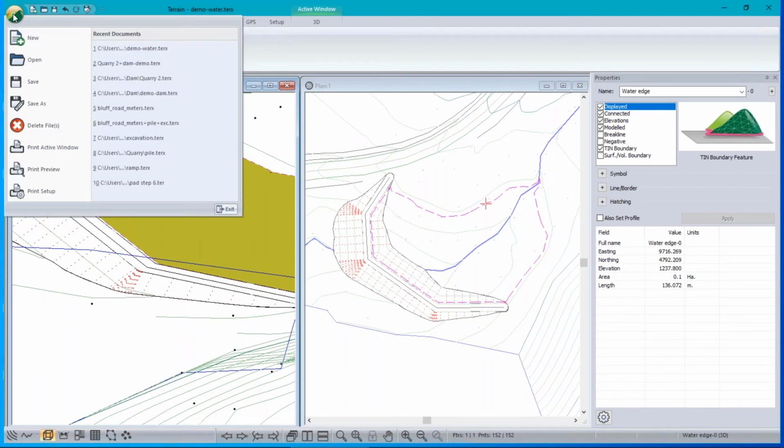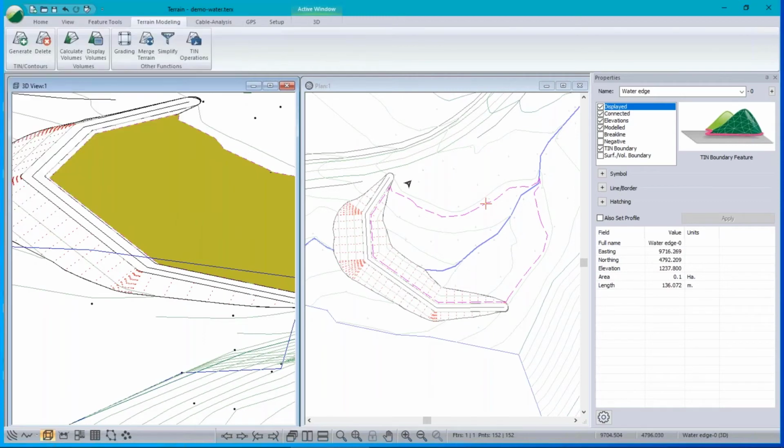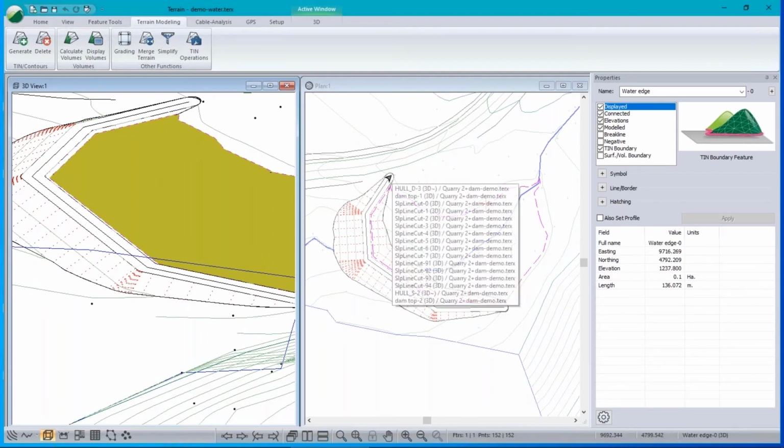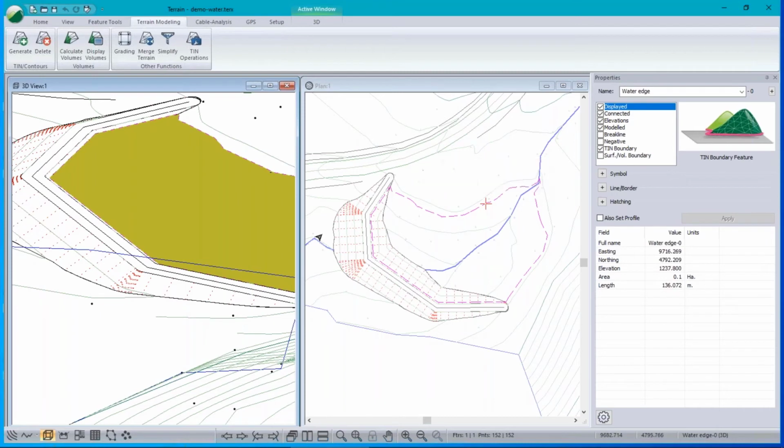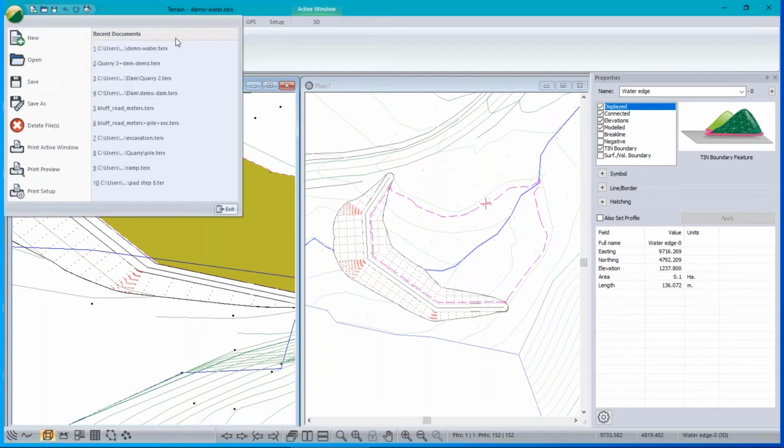I've created a bunch of files here. I created a file that represents the water. That's this one. I created a file that represents the dam by itself. I also created a file that is the merged surface of the dam and the original ground. And finally, I have the original ground. That was the first file I had. So to create an output sheet, you actually want all those in there. Well, not all of them. Let's take a look at my output sheet, which is just called